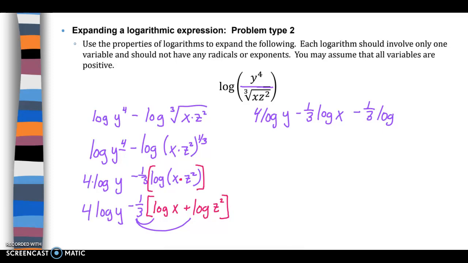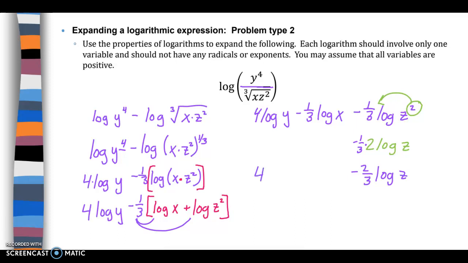log of z squared. Now again, I have an exponent, this 2, so I need to multiply this 2 down through here, which would be 2 log of z, but I still have the negative 1/3 multiplied by that 2, and this portion simplifies to 1/3 times 2 is 2/3 log of z,